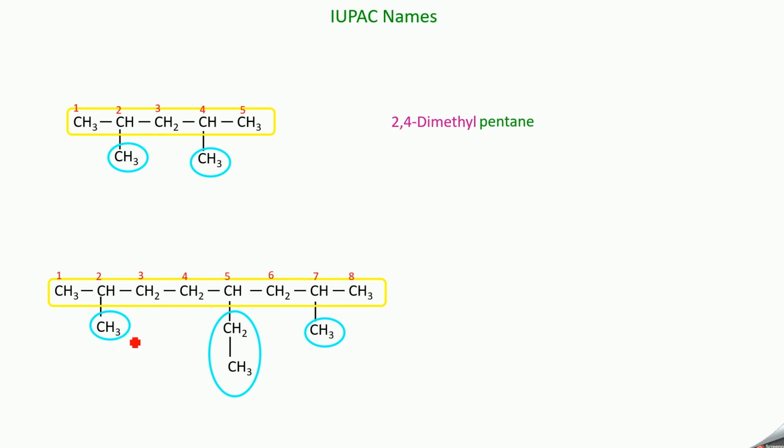Since we have different substituents, you have to arrange them in alphabetical order. So first you have to write the substituents or groups attached to the chain. Then you have to go to the root word that represents the number of carbon atoms, and then the suffix. So in the prefix we have different substituents, so arrange them in alphabetical order. So here in the 5th carbon we have an ethyl group. So you can write first this one. So 5-ethyl. Because ethyl should come first, E should come first.